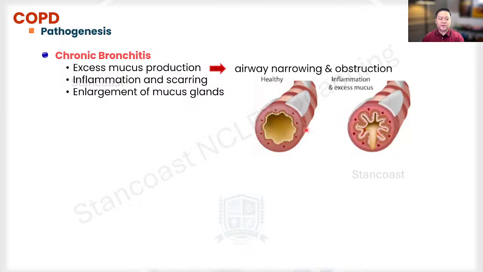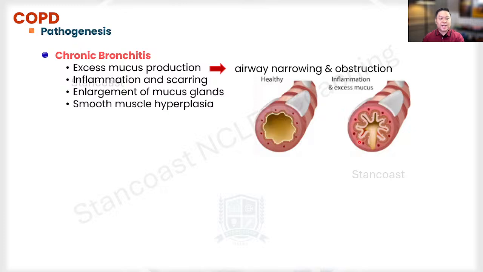So looking at the photo right now, we're comparing the healthy airway, which has a clear passageway, with the airway in a patient with chronic bronchitis. There is significant narrowing of the passageway and mucus production as well. So this is going to be the key hallmark of this patient. All right, I want you to recall, if it's bronchitis, think about the mucus secretions in the airway.